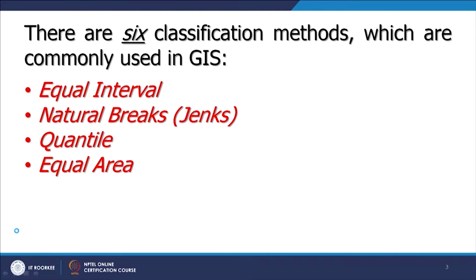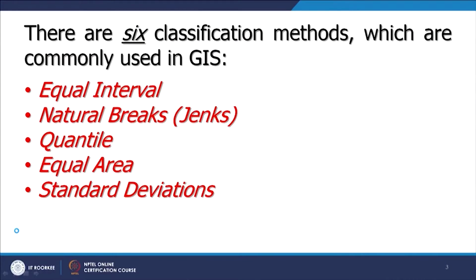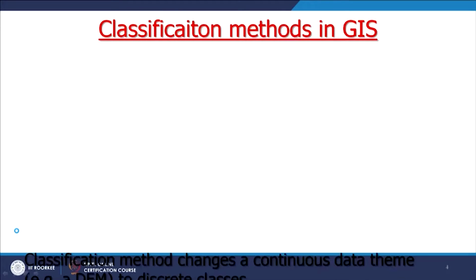Then equal area: rather than having control over attribute values, we can involve even area, so that I want an equal area classification, and now the number of pixels or cells will also be counted in this classification, which we will again see in detail. And then the fifth one is the standard deviation, a typical statistical technique, and the most recent one, which has been implemented in various GIS software, is geometrical interval. So, let us start with the first method, which is the